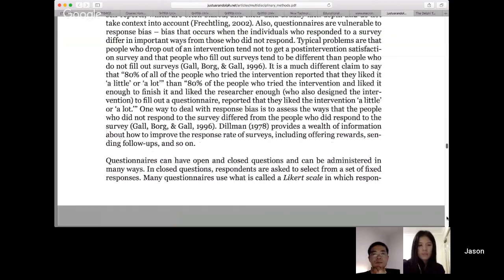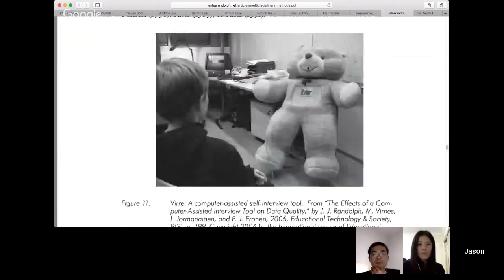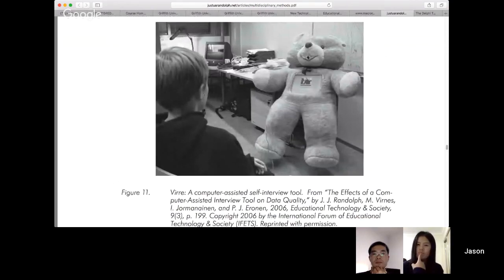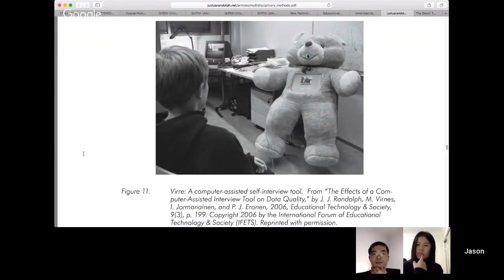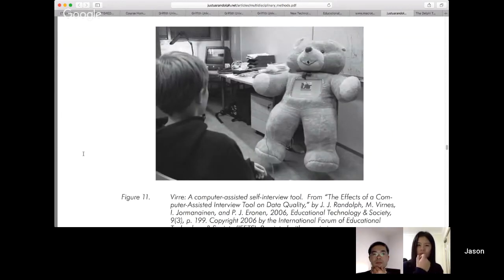But obviously, you're familiar with the whole idea of surveys. Here's an example of a teddy bear with a camera in it that's being used to have a student answer questions to try to remove the impact of having a person ask questions. Because sometimes students will respond in different ways depending upon your body language or how you ask a question or your expression in terms of response to a question. And this was an approach used to try to reduce that while still being engaging to a student. So a student's not just looking at a microphone, they're looking at sort of a teddy bear and answering questions from that.